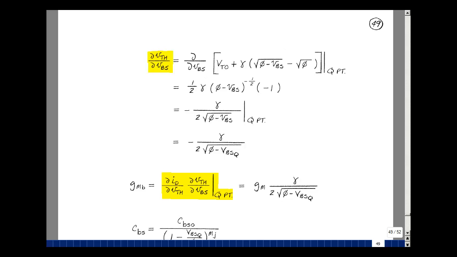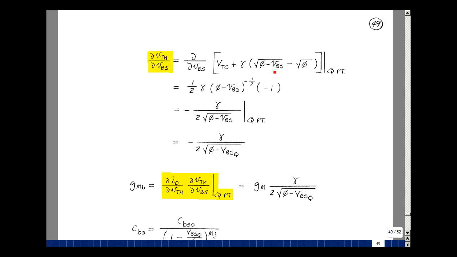The other term in the GMB calculation is the partial of the threshold voltage with respect to the bulk to source voltage. And this is the equation for the threshold voltage. Take the derivative with respect to this term right here, so that's going to be 0, and that's going to be 0. And then this term gamma multiplies that, and you can think of this as this quantity raised to the 1/2 power, so the 1/2 comes out in front, and we subtract 1 from a half, so we get